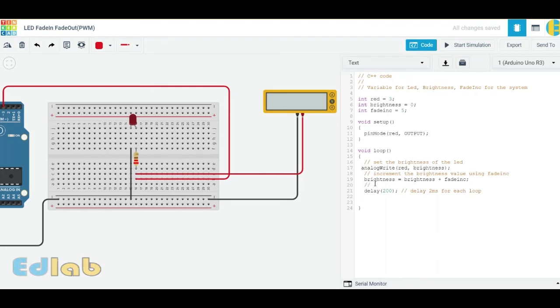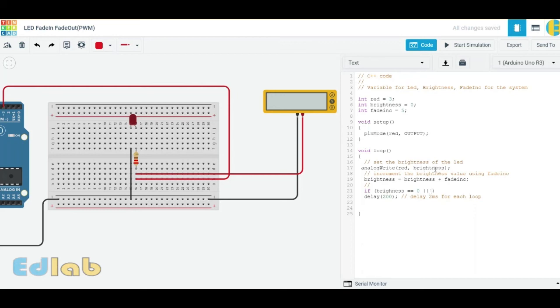for the negative loop. So if brightness is 0, this one instruction, when we use the equal sign two times, we are comparing the values. When we use the equal sign one time only, we are assigning the values.